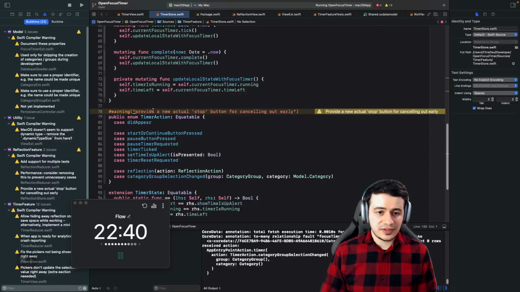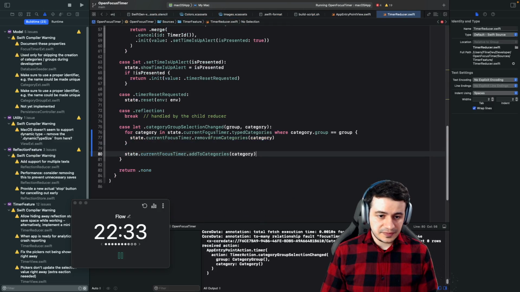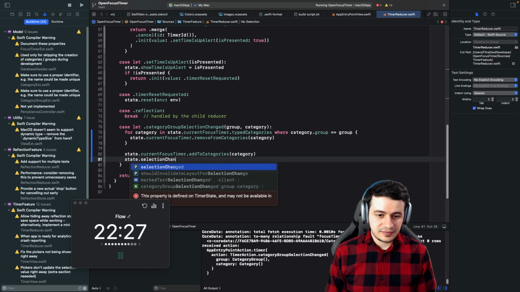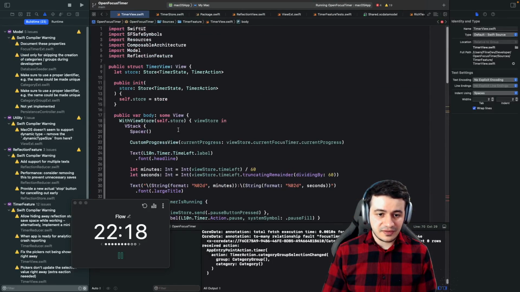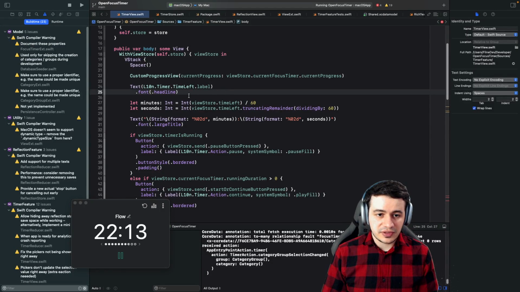And then we're just going to say here, not here, in the reducer, state.selectionChanged.toggle. So this way, each time we make a change, the toggle gets changed, and then we need to reference that in the view somewhere. This is like a trick, a SwiftUI trick. If you reference it anywhere here,